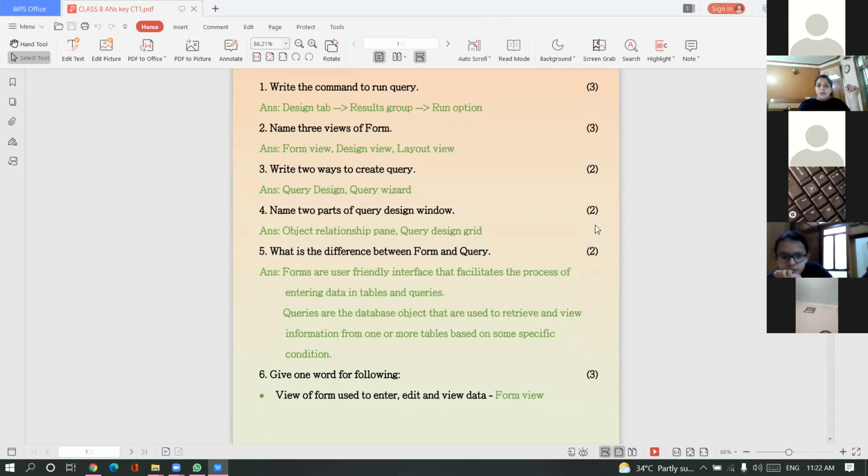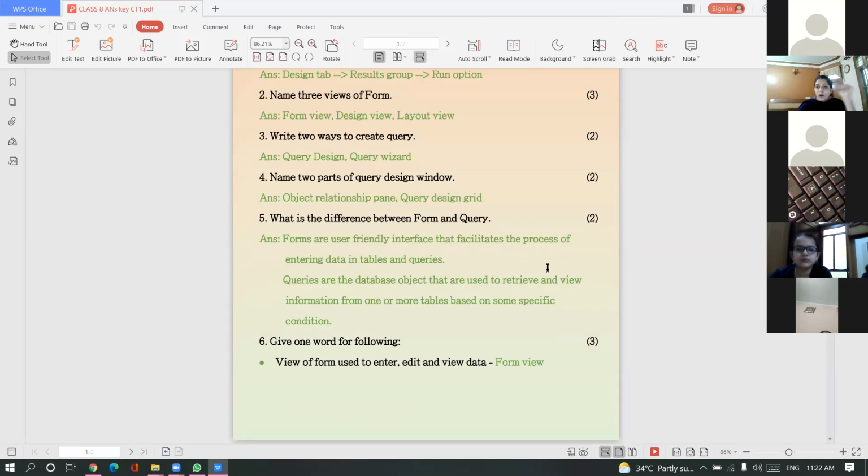What is the difference between form and query? Forms are the user-friendly interface which help you to enter the data in tables or queries, but one record at a time. Queries are the objects that help you to retrieve and view the information from one or more tables, on the basis of some specific condition.